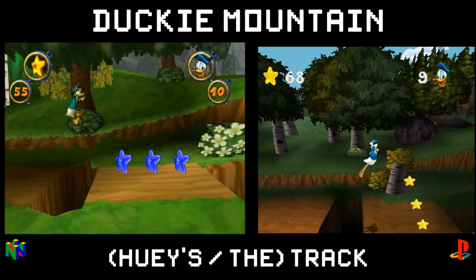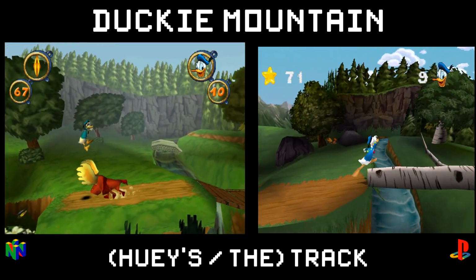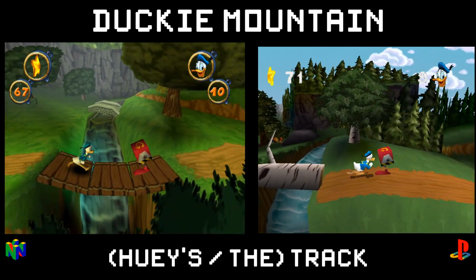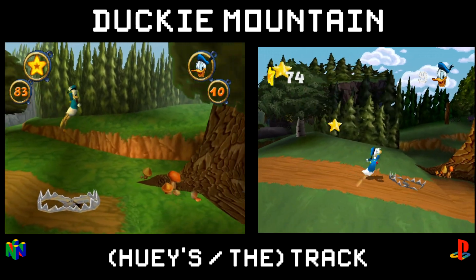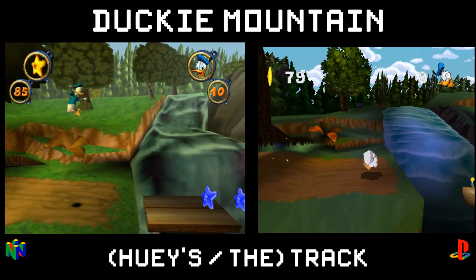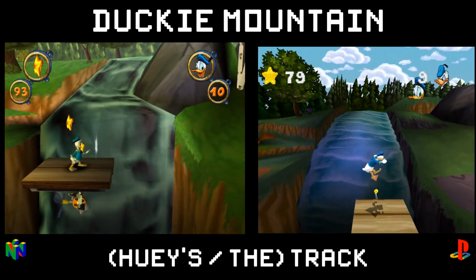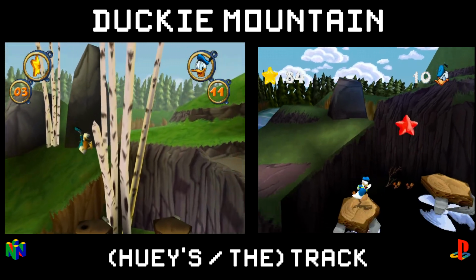The track is the same level on both versions with one difference. On PS, the level is called Huey's Track. On 64, it's simply called The Track. You might remember I mentioned there were toys to collect on each level. Once you have all the toys, you bring them to the nephew in the hub world and he will unlock the bonus stage. On PS, this nephew is in fact Huey, but another odd minor change is that it's Louie